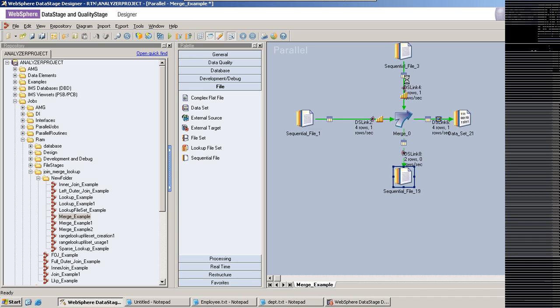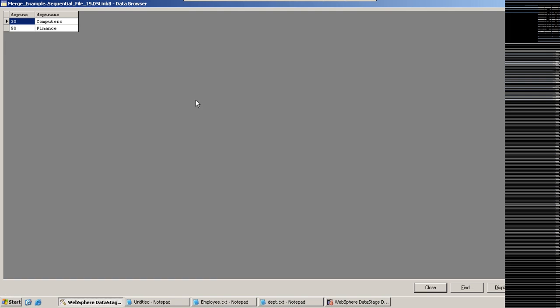So in merge, in the reject link, you will be getting data only from rejected data of the update links, not from the master link. You cannot get data from your master link. It's clear, right? Now if I set keep to drop,